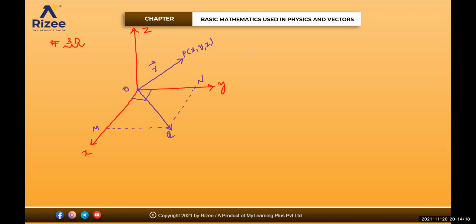X and Y. See, in the room which you are sitting, that will be X and Y. The wall will be equal to your Y coordinate. This is your Y. This is your X. This is the plane of your book. Perpendicular to this one will be Z. This is one side of the room, another side of the room. These are X and Y. Upward, the ceiling, that will be the Z axis.